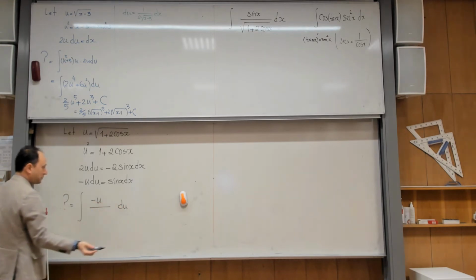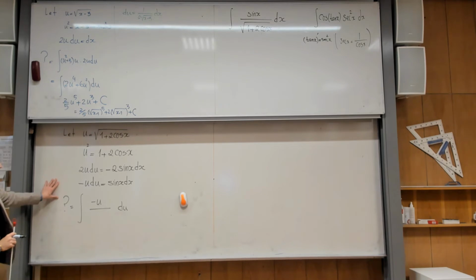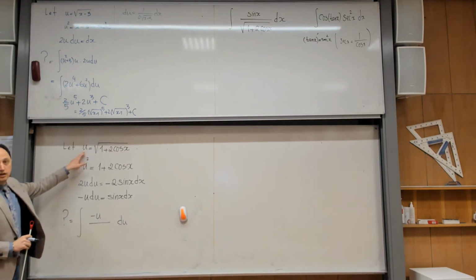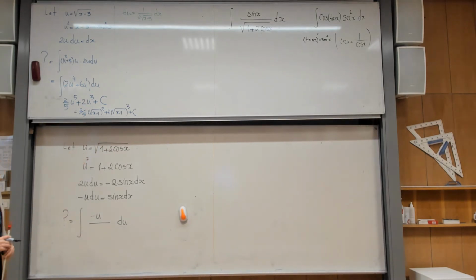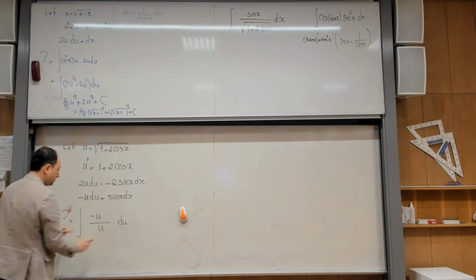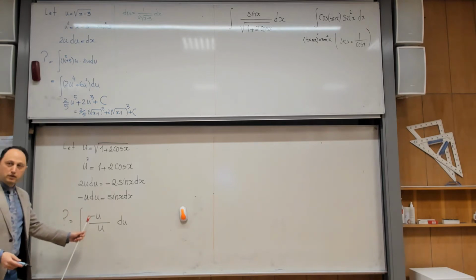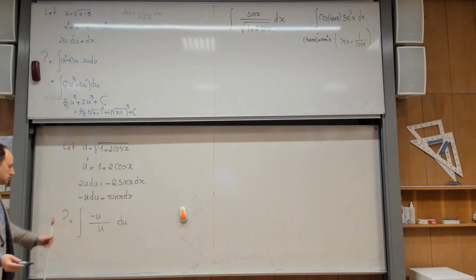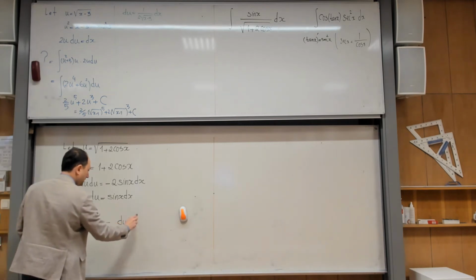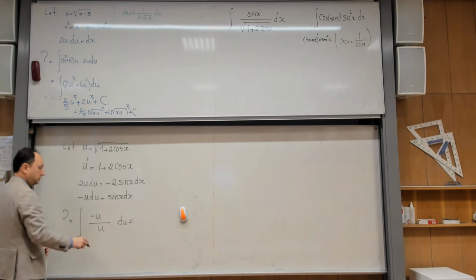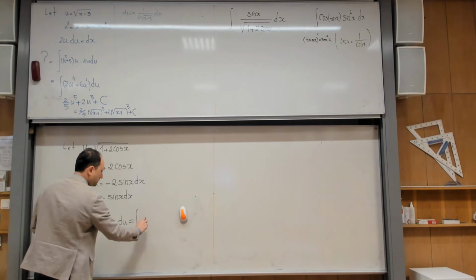And then you see what happens. Actually, everything is gone. Because what is the denominator? The denominator is u itself. Yes? So then what happens? u and u are totally gone. So algebra becomes simpler. So if you have done it in that way, there is something to do again. But that's not hard, but I mean this is better. I hope that you agree. This one and that one are gone. So this becomes integral of just minus 1